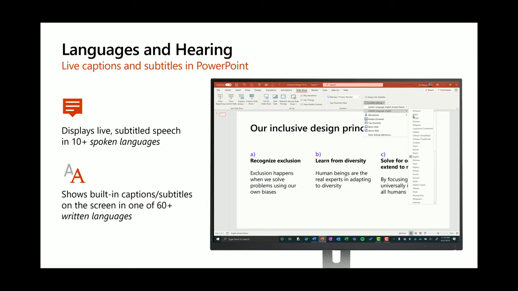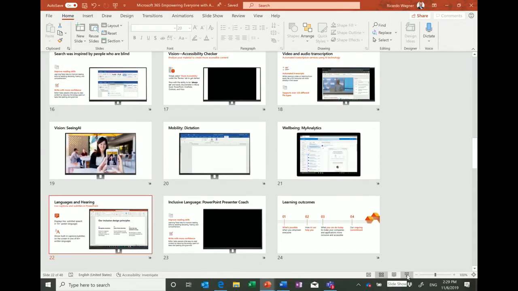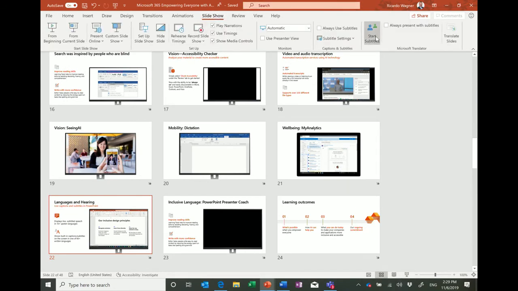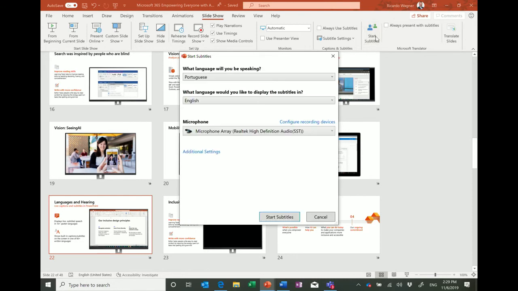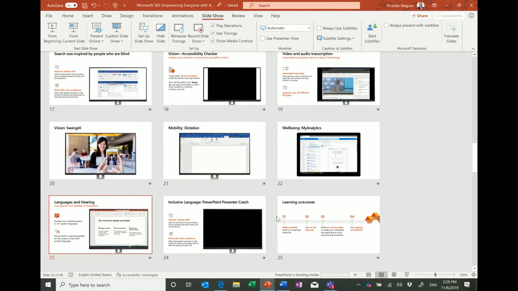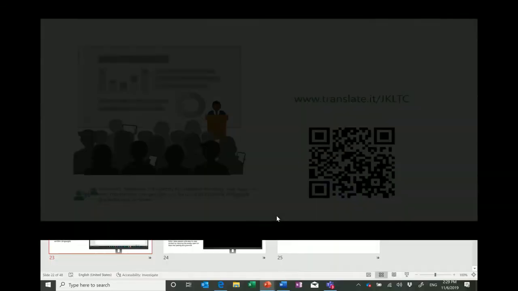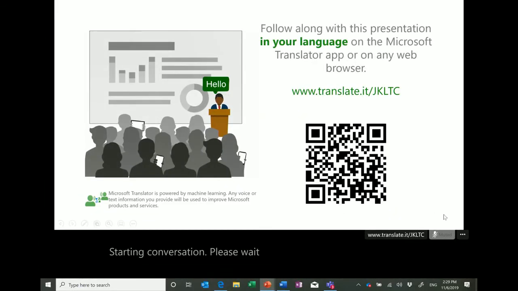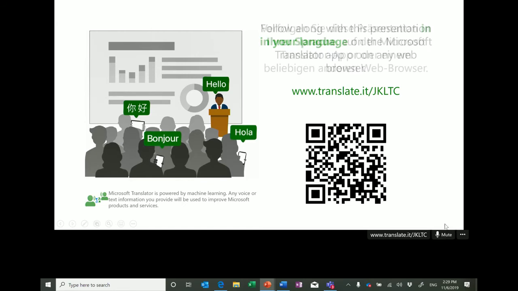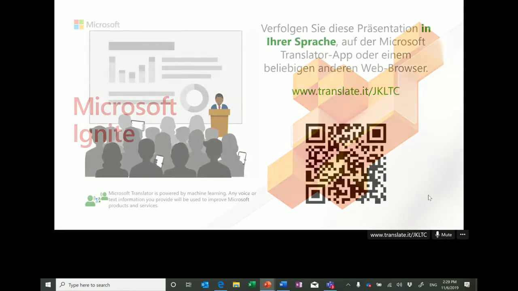I don't know how many of you have experienced this technology available by design in Microsoft 365. So what you can do is, do you mind if I speak in Portuguese? I hope you don't mind. The live captions will come in English, so you should not worry. And in case you speak another language, with this barcode,